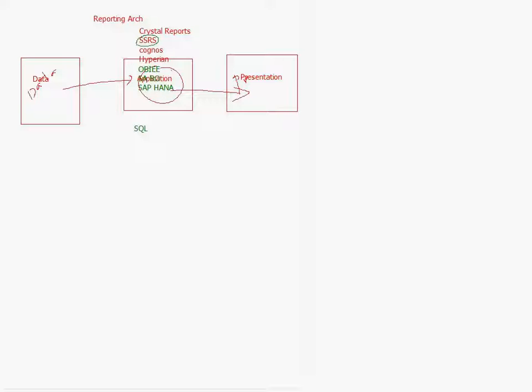What is the presentation format? Presentable format: Excel. That is its own Microsoft tool. You develop the report in the form of Excel sheets, and you can see the reporting in the form of an Excel sheet.